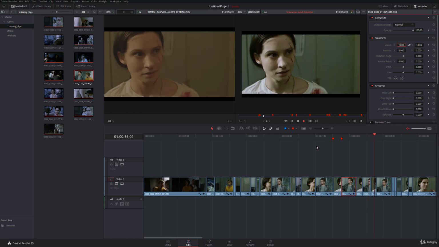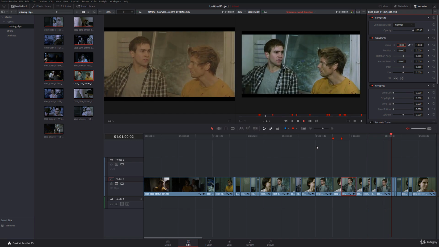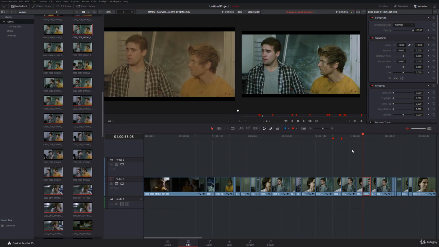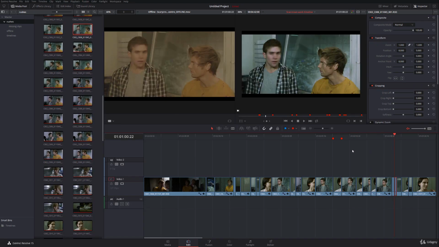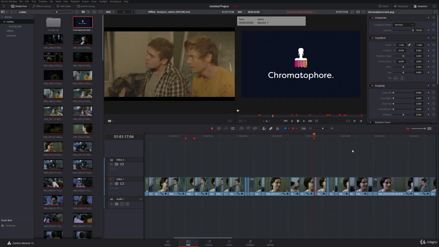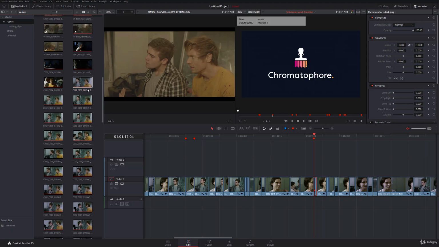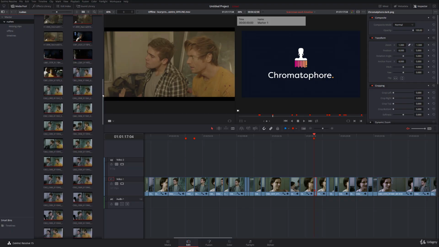I'm just going to play it through and make sure everything is good. We're going to keep going until we hit the next version of my logo, and then we're going to do the same manual fix. Here we go. This one might be a bit harder to figure out because there's a lot of angles which are very similar here, but if we take a look,